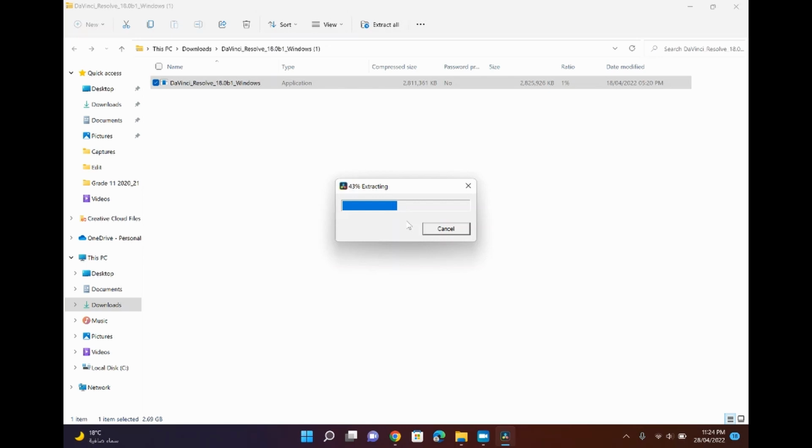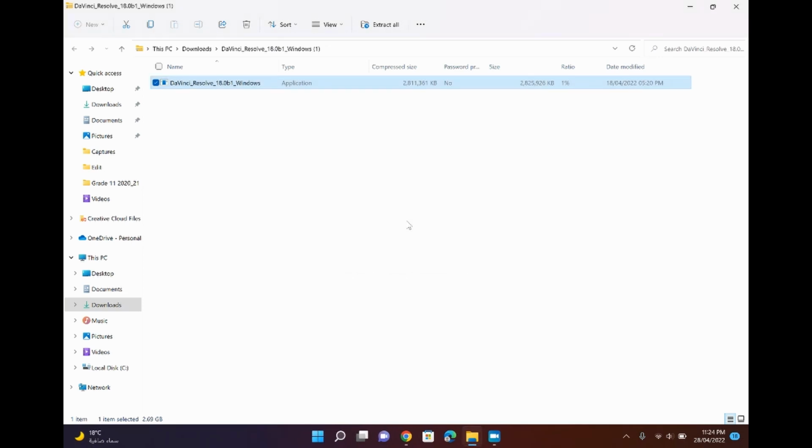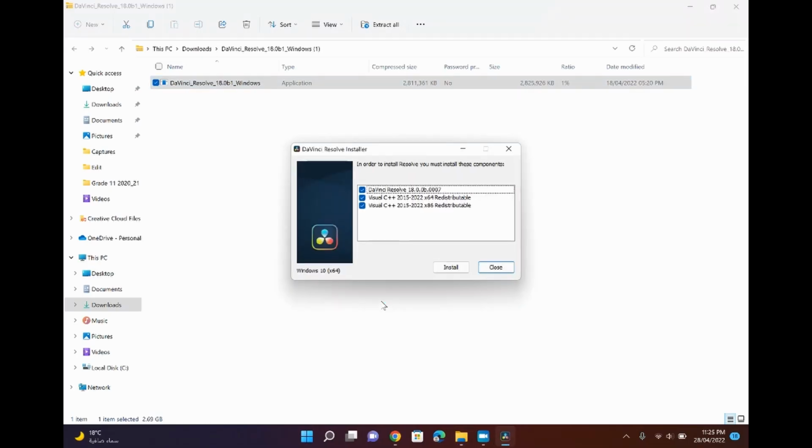Now after the extraction, it will show whether or not you want this application to make changes to the device. Well, it technically doesn't really make changes to the device. Windows just shows it every single time you want to download anything. So it's gonna show that page for me, not for you guys. I'm gonna go ahead and click yes, and then just tick everything here, or you can also leave it just like as it is. Then just go ahead and click install,